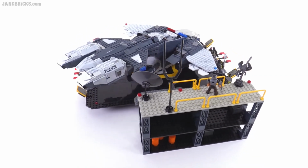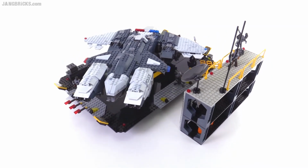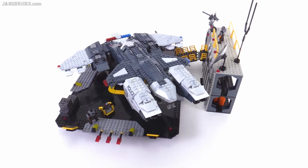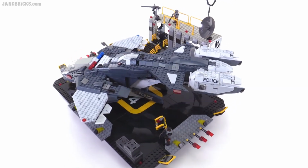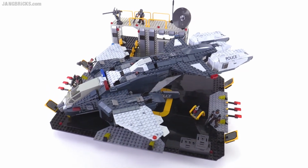And in my personal view, it's not even just a Pelican. It's less than a Pelican. It's not even an armed Pelican. It's a police variant of a Pelican. It's a dumbed down version of a Pelican. The Mega Bloks did a fine job of making a model of this, but I just don't feel like this